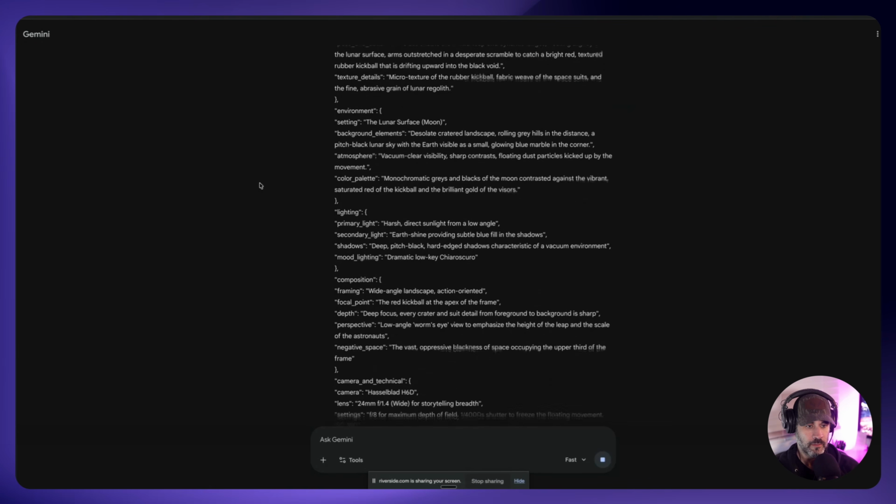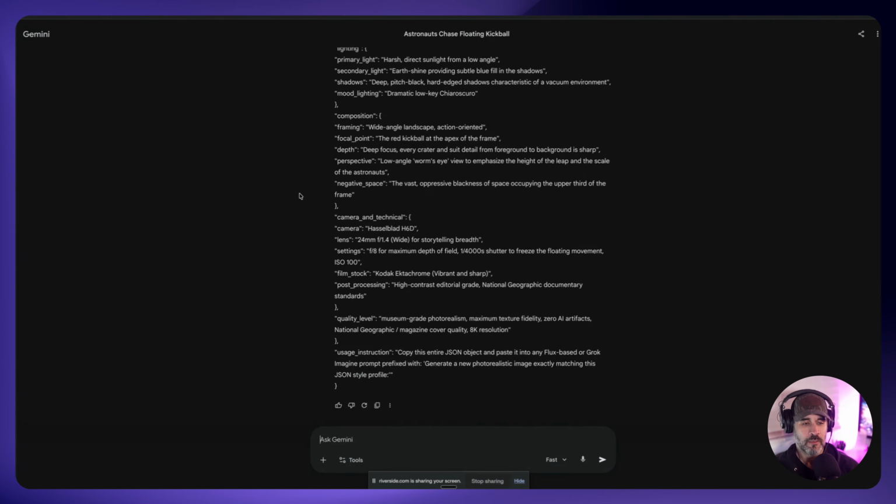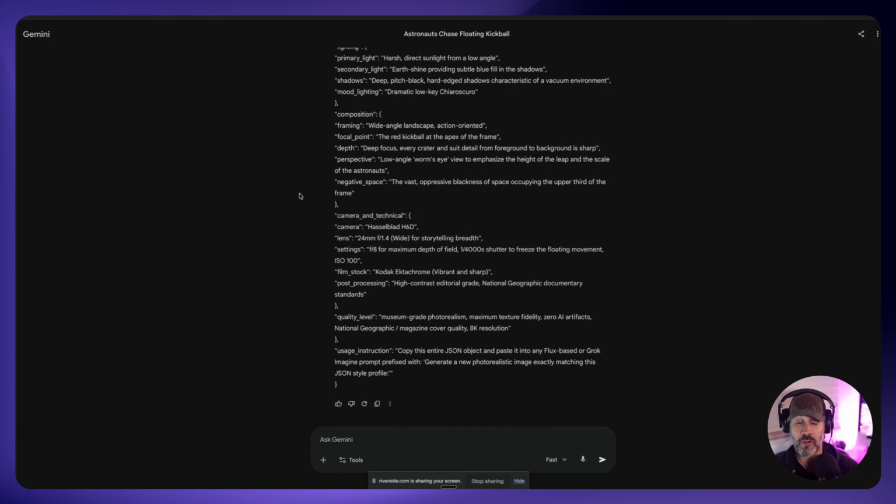Perfect. You don't have to worry about the JSON code if you're not familiar with how it works. Just know that you just have to put in a basic prompt and it will do everything. It will give it a type of camera that it uses. We'll give it a whole bunch of meta tokens. Meta tokens are basically these kind of hidden things that you can add into your prompt to give it more cinematic effect and more specific details to make it a better photo. And that's already programmed into this gem, as well as in the files and source files and things like that, that I will provide you with as well.